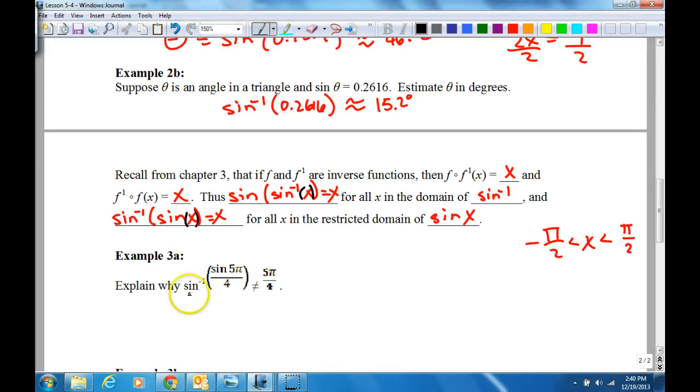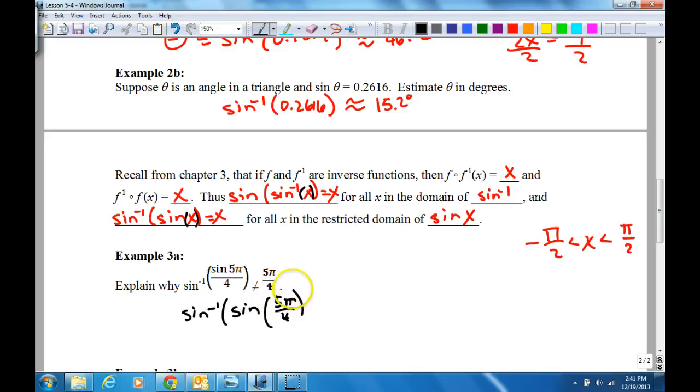Explain why sine to the negative 1 of sine of 5 pi over 4 does not equal 5 pi over 4. Why does it not work for this? Isn't it taking the sine of 5 pi over 4? Well, yeah, I would have liked for them to write it like this instead, but even if it were written like this,